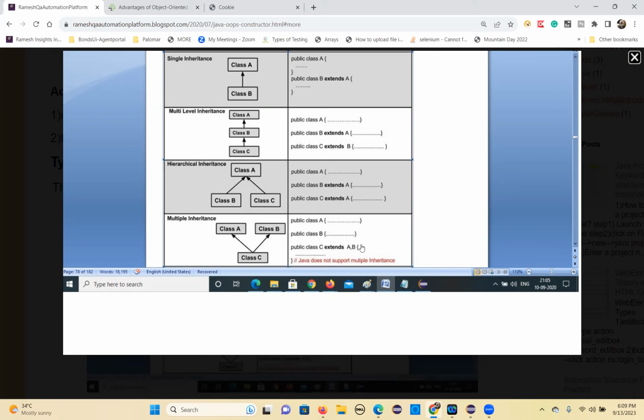assume there are three classes, A, B, C, right? A and B have the same method. And you're accessing it from C, the M1 method of A and B. Now the compiler gets confused about which class the M1 method has to be picked from. The compiler will get confused. That's why they are not supporting it at all. In such cases also, they don't want to create confusion. That is the reason they are not supporting it. Okay, so let's join back and we'll write programs and